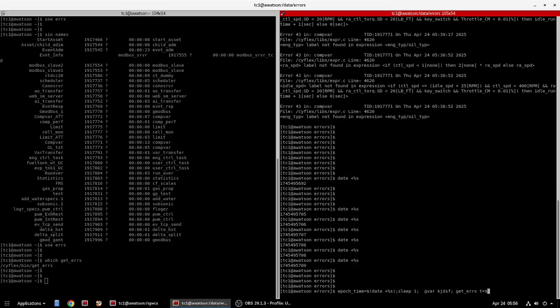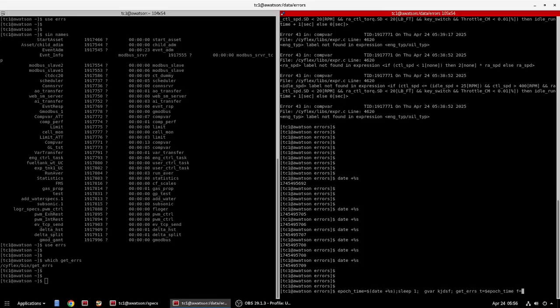So practically speaking, what I'm doing here is giving it the time from 1 second ago. And so I'm saying show me the errors from whenever I executed this command, which was 1 second ago because I put this sleep in here. And this will count as instantaneous for all practical purposes. So t equals epoch time,